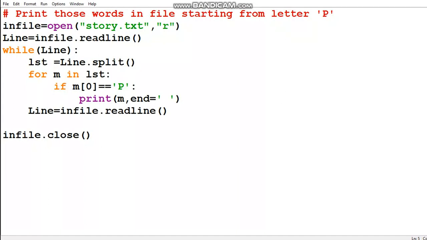For vowels, reading only the words which start with a vowel: what you will be doing is making changes over here, to count the words in the file which start with vowels. And if you need to count the digits in the file, lowercase, uppercase, so many questions you can create and use. You can use string functions over here, you can use list functions over here. So you need to have a revision of those concepts.